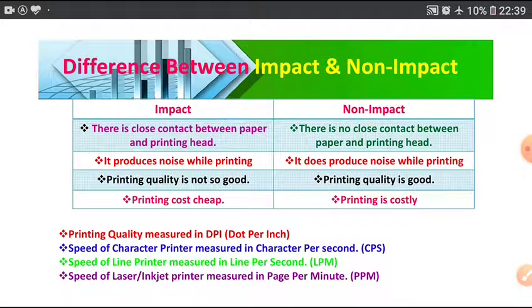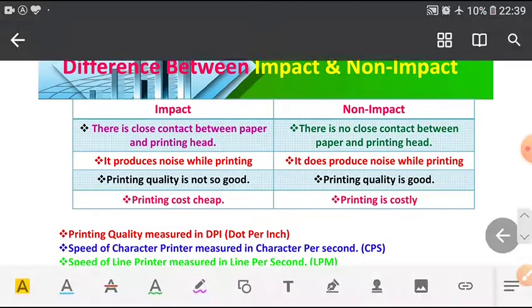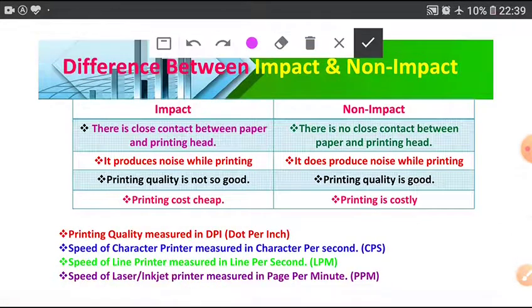Now, difference between impact and non-impact printer. In impact printers, there is close contact between paper and printing head. In non-impact printers, there is no close contact between paper and printing head. Impact printers produce noise while printing; non-impact printers do not produce noise while printing.